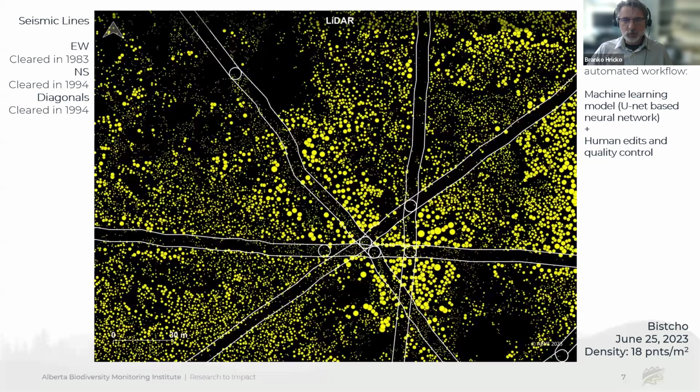So we have a group of trained interpreters looking at the data, doing quality control and cleaning up the data after modeling. And then for individual tree detection, we use an open source automated workflow developed by LiDAR R within a library of